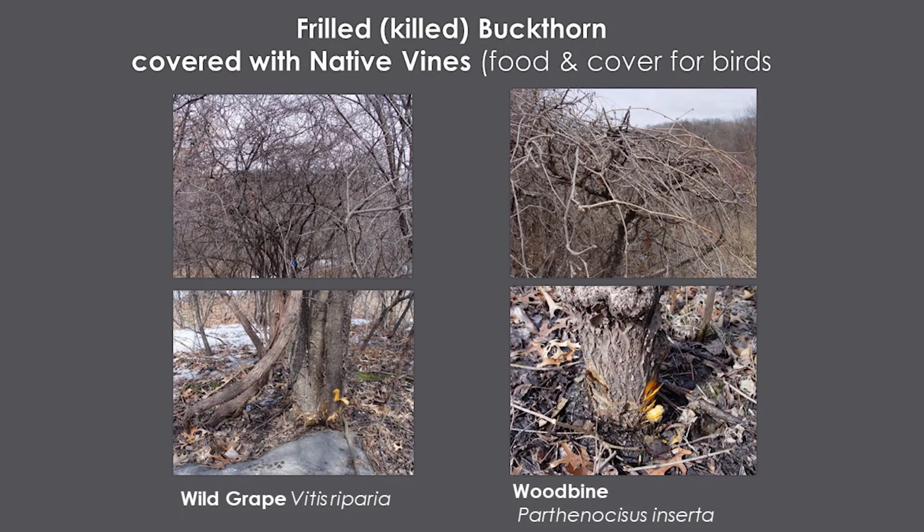Now the frill method you can use with a hatchet, or with a butcher knife, but you're not going to be macho at all. You've got to go just underneath the bark, not into the wood. There's this narrow area, and the nice thing about buckthorn is that right underneath the bark, it's yellow and orange. So if you get into the white wood, you chopped too deeply. You want to get just underneath the bark, into that yellow and orange stuff, okay? You have to go all the way around the whole perimeter.